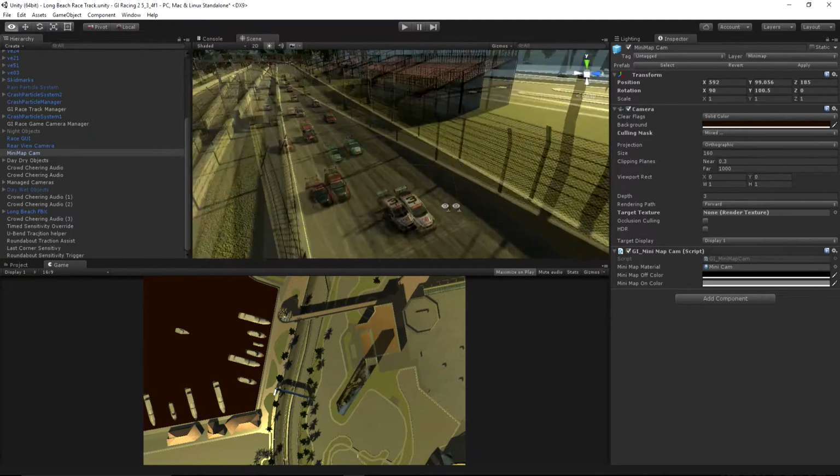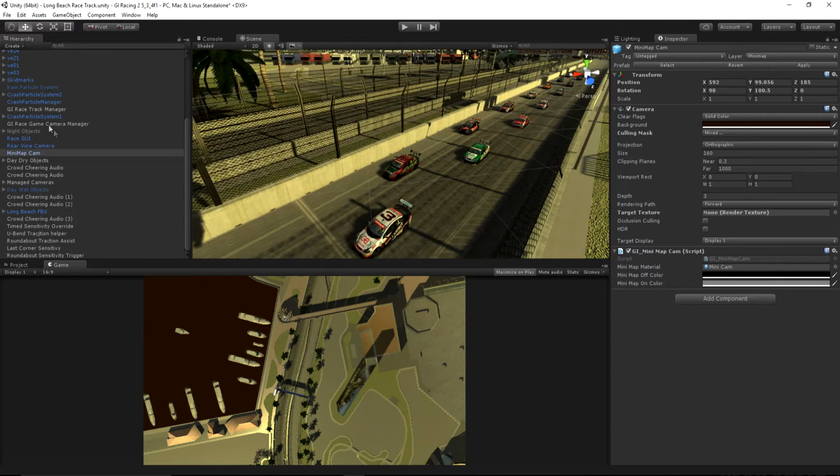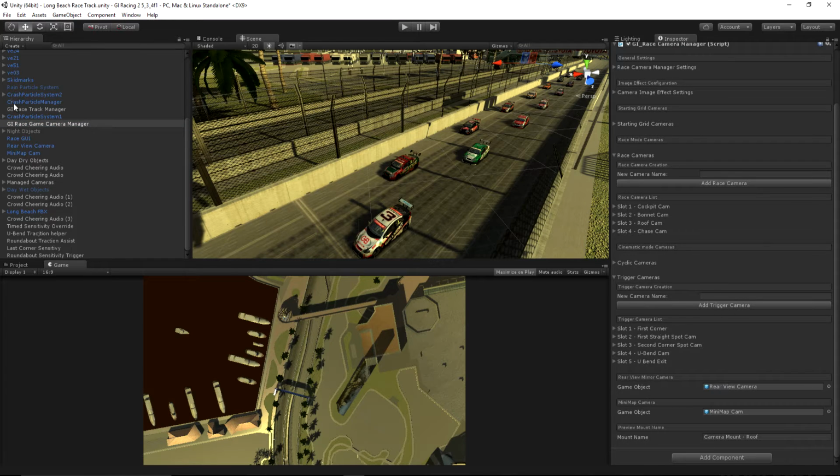But when the race starts, the camera manager will find out which car currently has focus and will move the minimap camera to that location. So in order to do that, our camera manager needs to store a reference to the minimap camera. If I select the camera manager and scroll down to the bottom of its inspector, you can see there is a slot there for both the rear view mirror camera and our minimap camera. So that means that when the changes happen between one camera and the next, the camera manager can notify the